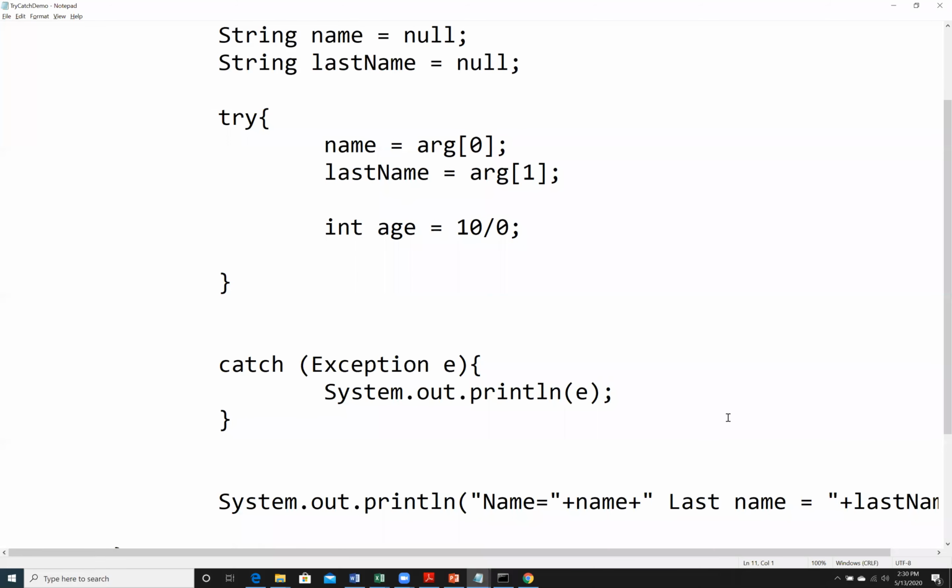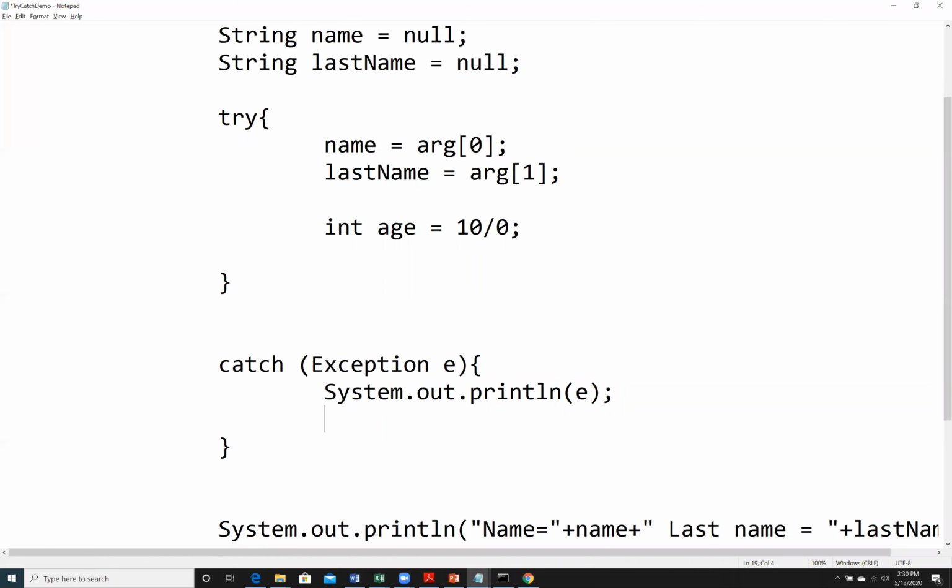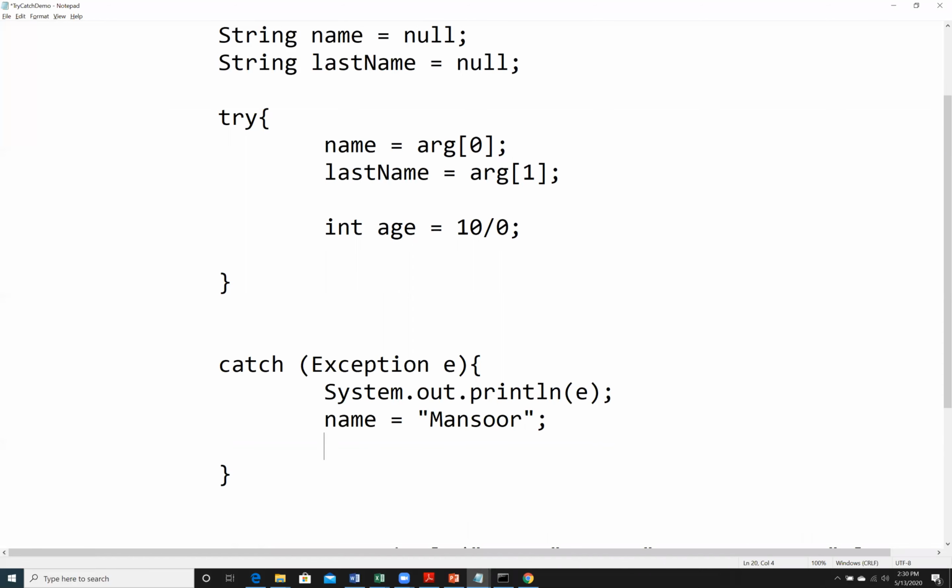So you can see here, if inside this catch block I say name equal to a default name, for example, the default name I provide here is Mansoor, right? And the default last name I provide here is Neyman, for example, right?